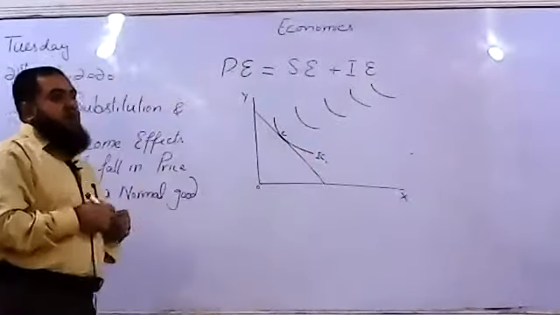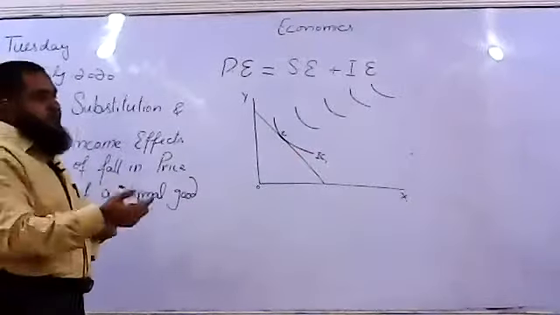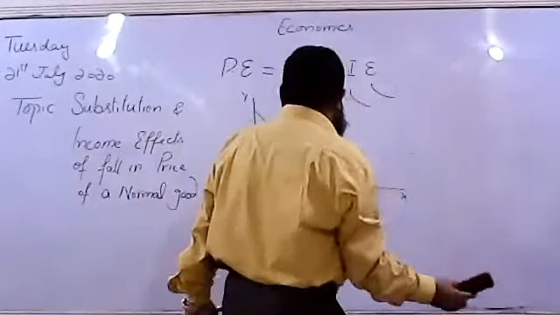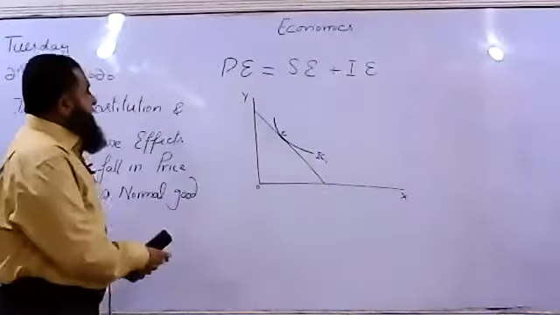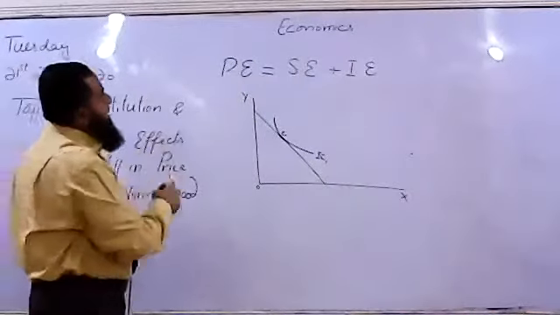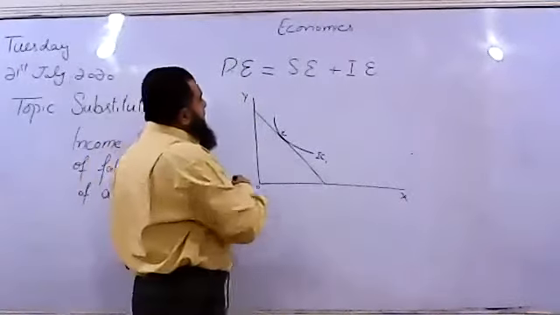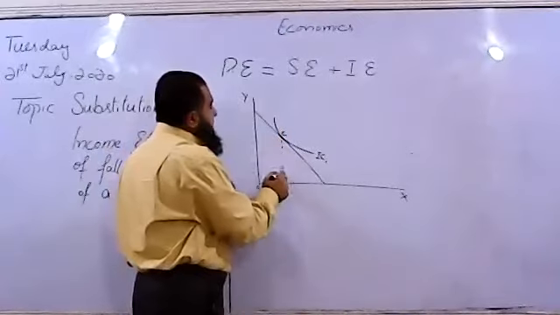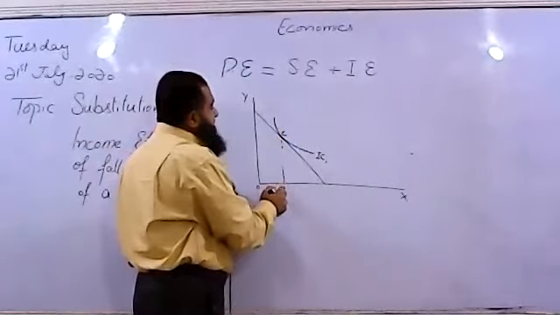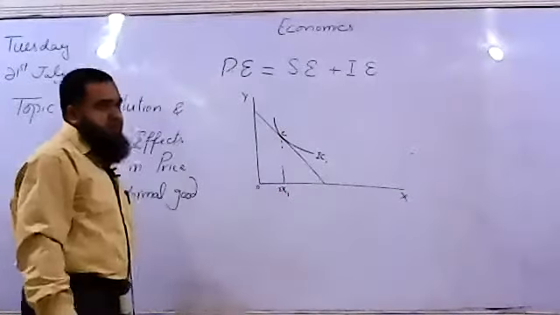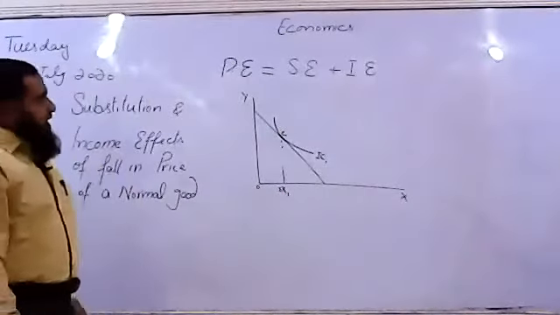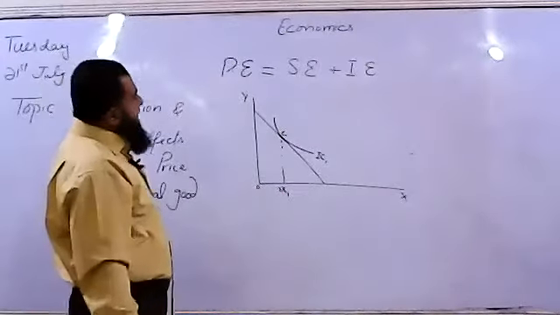So we have this tangency condition of the consumer where his budget line is making the tangency condition with the highest attainable indifference curve. So this point will show us the consumer equilibrium at given income level and prices. This is X1. Suppose he is consuming 3 units of X at this price level. Now, if price of X goes down, what happens?